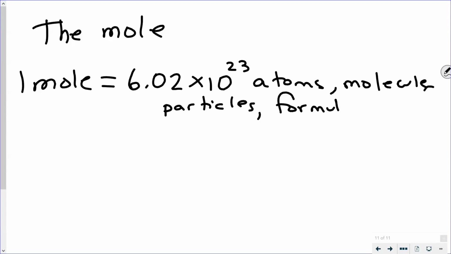Formula units. Right? Formula units we use when it comes to ionic compounds. Okay. 1 mole also equals